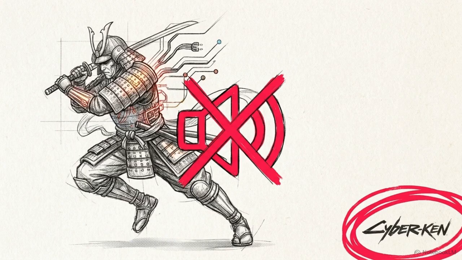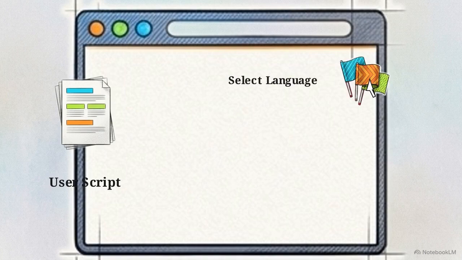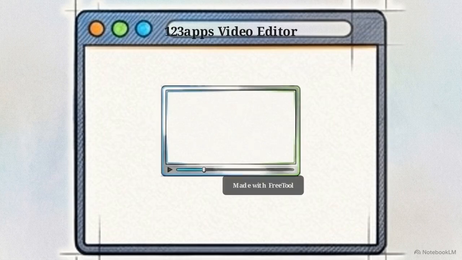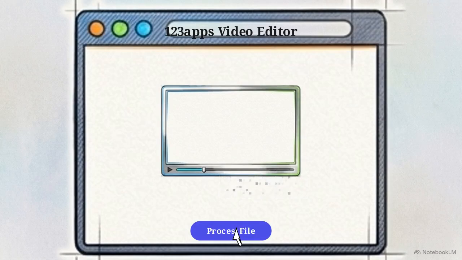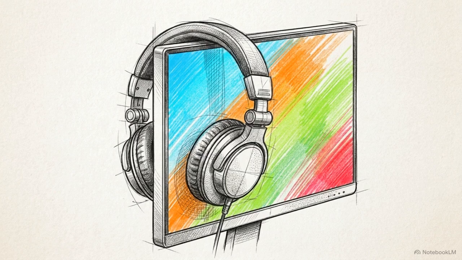The visual motion is locked, but the clip is silent and carries a small watermark embedded in the corner. To build out the audio track, we use the platform's integrated text-to-speech tool. You paste in your script, select from dozens of regional languages, and assign a specific tone to match the mood of the video. Finally, we export the file to an external web tool called 123apps. You draw a bounding box over the corner graphic, process the file, and the watermark dissolves entirely, leaving you with a clean frame. High-end visuals paired with clean framing and clear audio make the final output look deliberate. It ensures your media is not limited by technical watermarks or the lack of a soundscape.